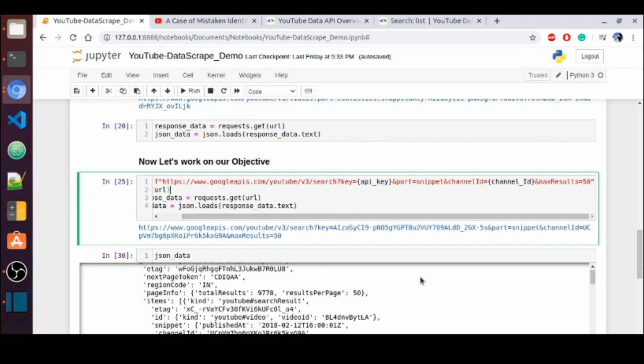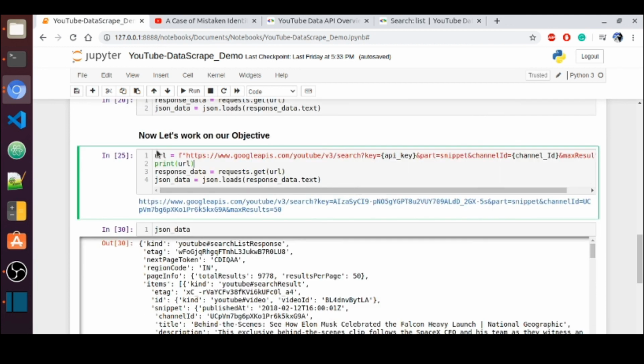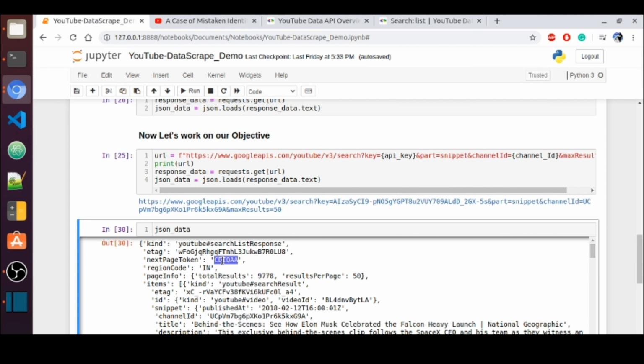To access the further results, we need to trigger one more call to that API. How do we link this page? Using this next page token. If we pass the next page token to the next call, it will give the remaining results, right? Hope you are getting my point. So that's why we need to consider this next page token as well in such kinds of results.